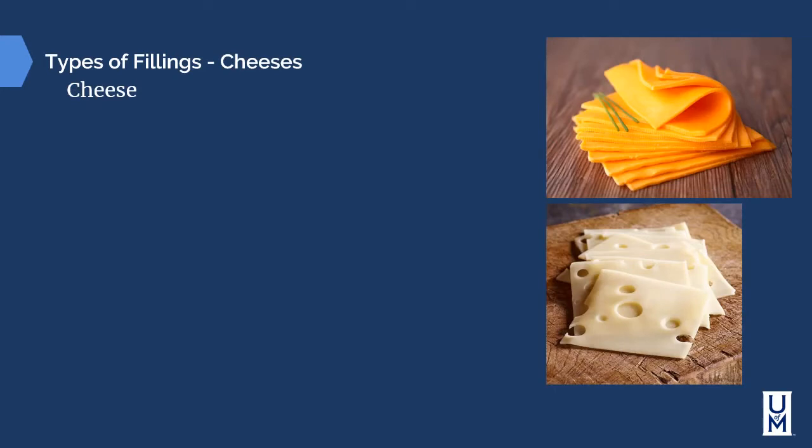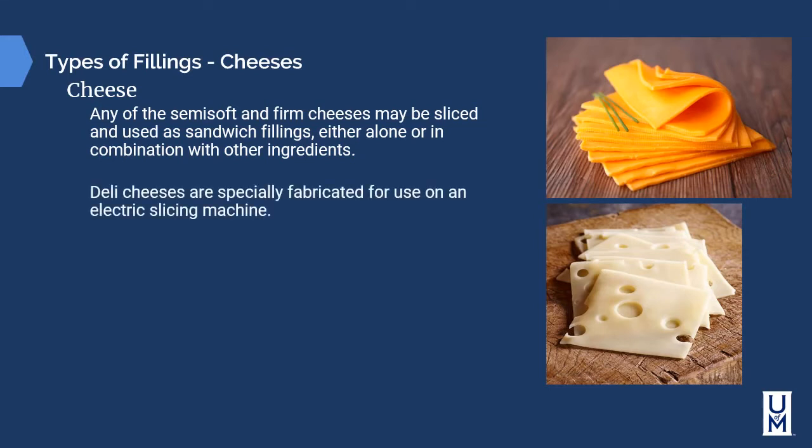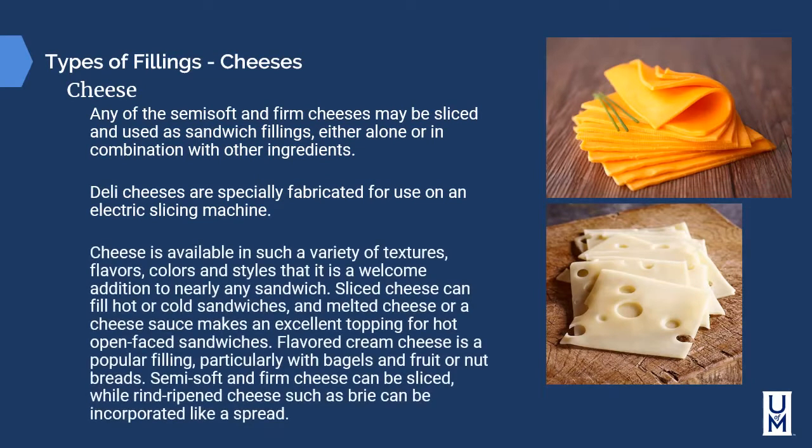Cheeses, everyone's favorite food group. Any of the semi-soft and firm cheeses may be sliced and used as sandwich fillings, either alone or in combination with other ingredients. Deli cheeses are specifically fabricated for use on an electronic slicing machine. Cheese is available in such a variety of textures, flavors, colors, and styles that it's a welcome addition to nearly